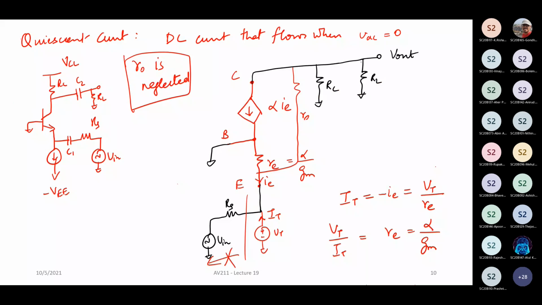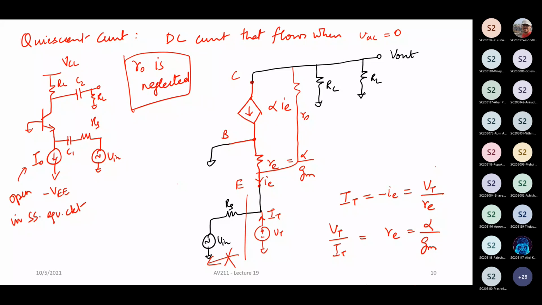Now here in the small signal equivalent circuit, we neglected this current source because all DC current sources are set to 0. So if VCC is set to 0, that is why we connect it as an AC ground. Here it is a DC current source, which means that there is no AC current flowing through it. So which means that this is an open, right? Correct. That is why we have neglected I0 here.